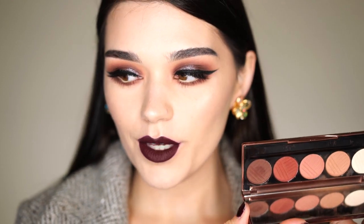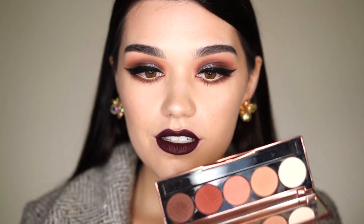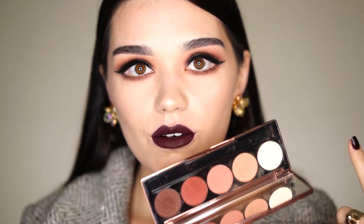Okay, and this is the final look. I love it. I like this kind of looks. Dark, intense. I really like the eyeshadow palette. Of course, I haven't tried all the shades yet, but I will definitely do this in the near future. Also, I love the liquid lipstick. And I cannot wait to use Hot Fire as well. The palette, amazing. I think these are just so soft. Good pigmentation, good adherence. And I can actually blend all the shades,